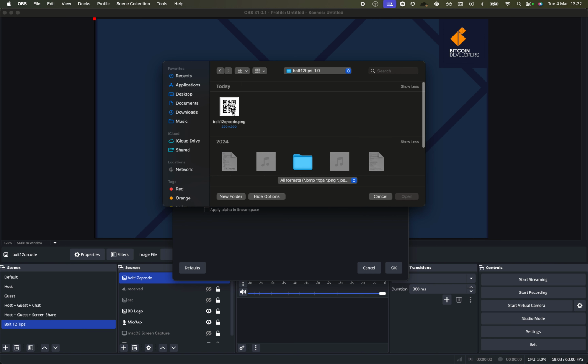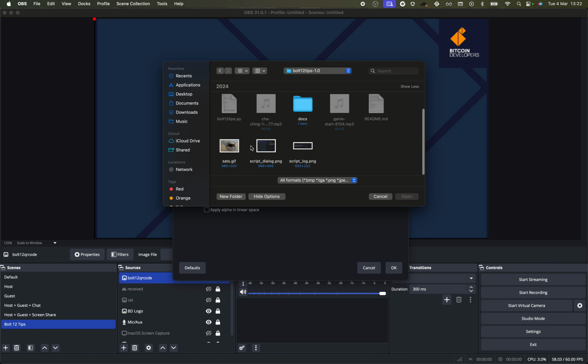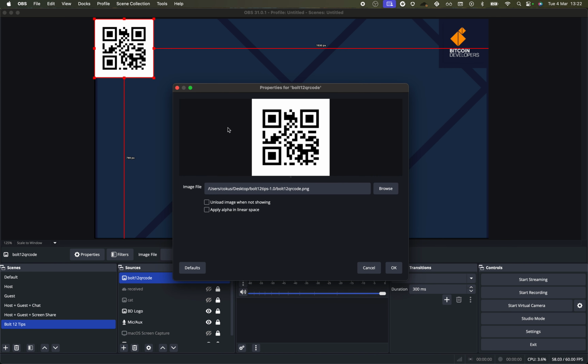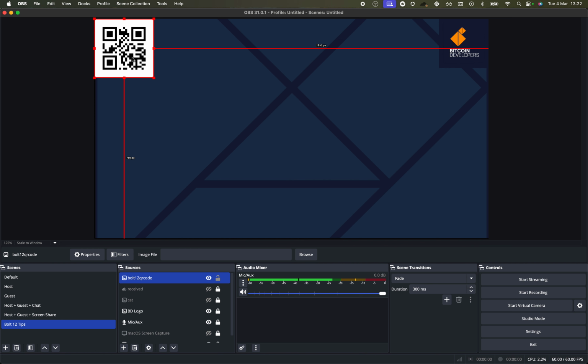which is here, which gets generated after the first time you run it. So I'll get something like this. So I won't use this QR code because this is the one that comes when you download the zip file. So I'll delete that for now, and I'll wait until I've actually run the node for it to generate the